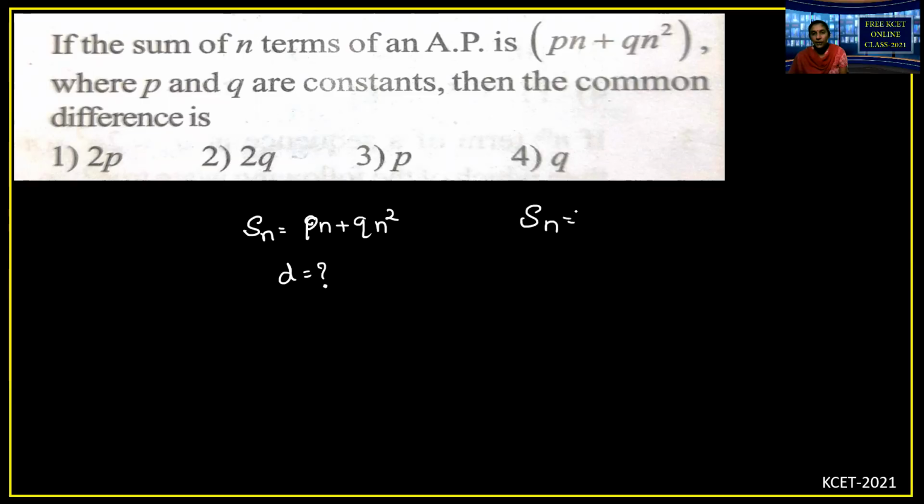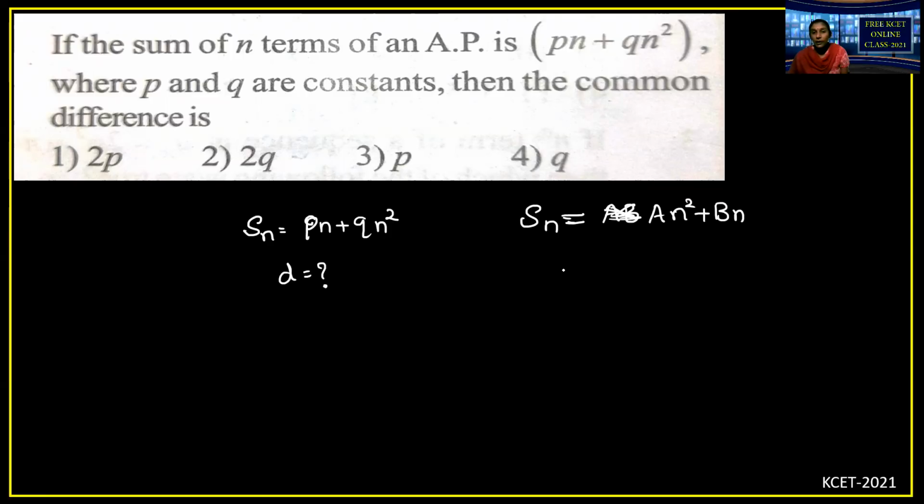If the sum of n terms of the sequence is of the form A into n square plus B into n,